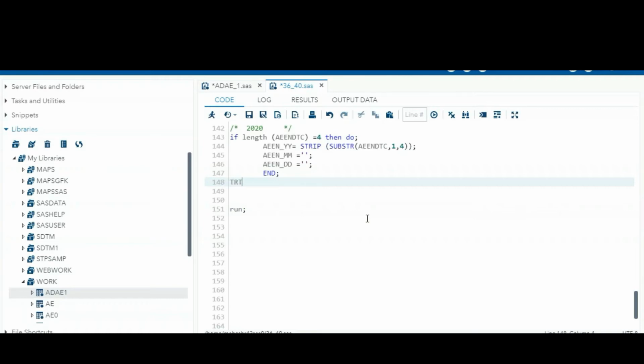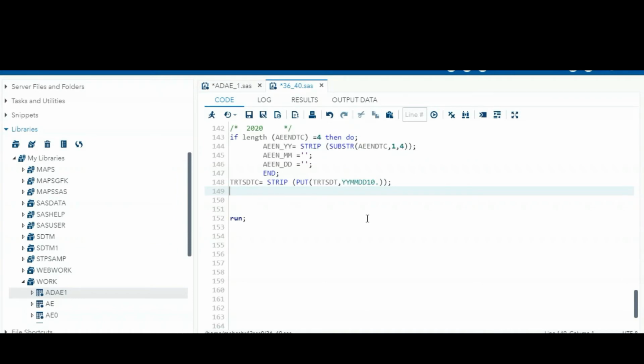So TRTSDTC equal to, I am creating. We have the TRTSDT numeric variable there, so I just converted it into a character variable, TRTSDT comma YYMMDD10. I am converting it into this, and I also divide that into three parts.